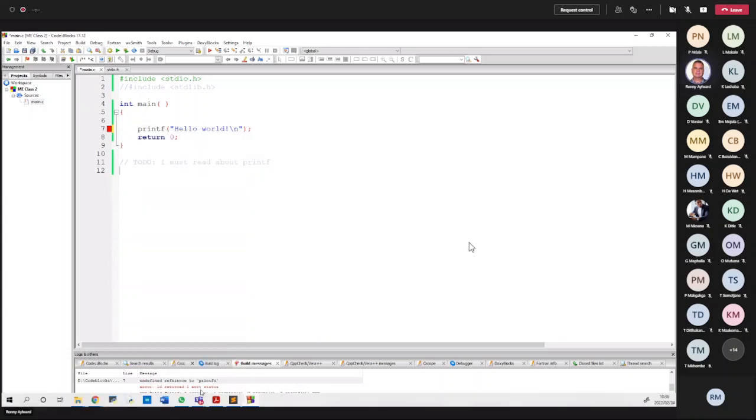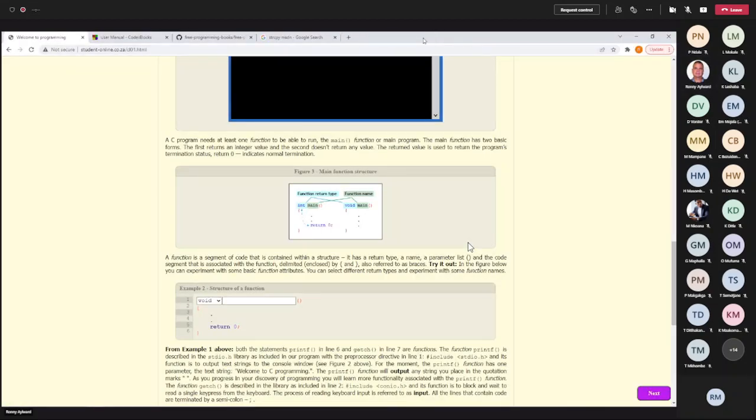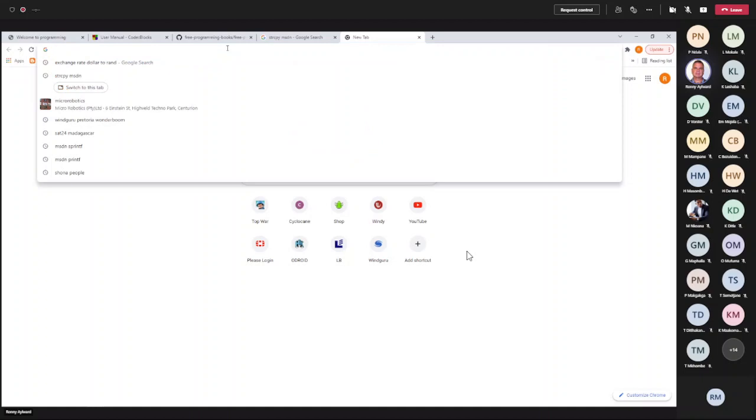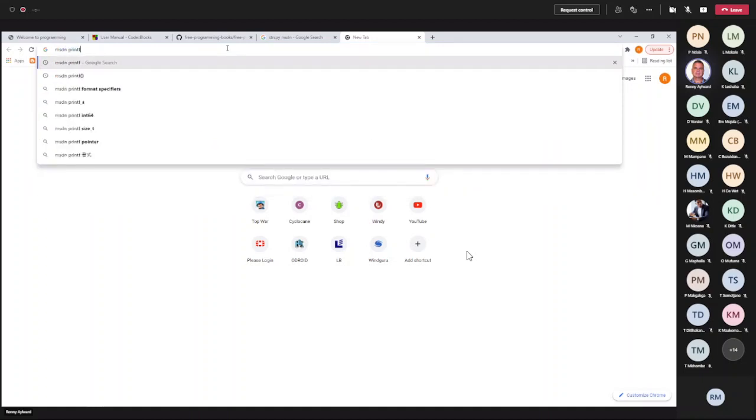And then you are going to go to your favorite web browser, and you are going to type MSDN and paste, or type printf, or any other function that you want to know more about.